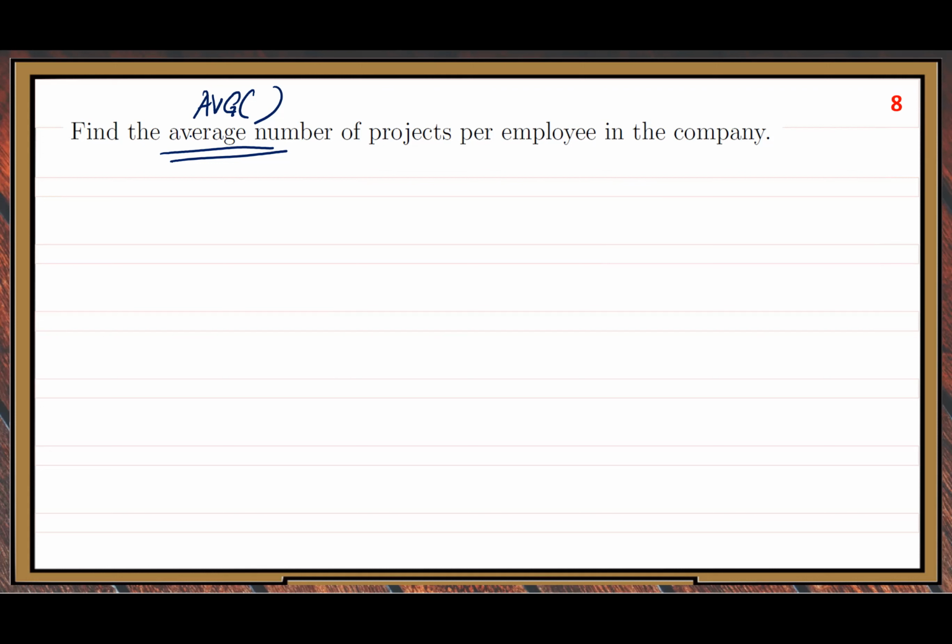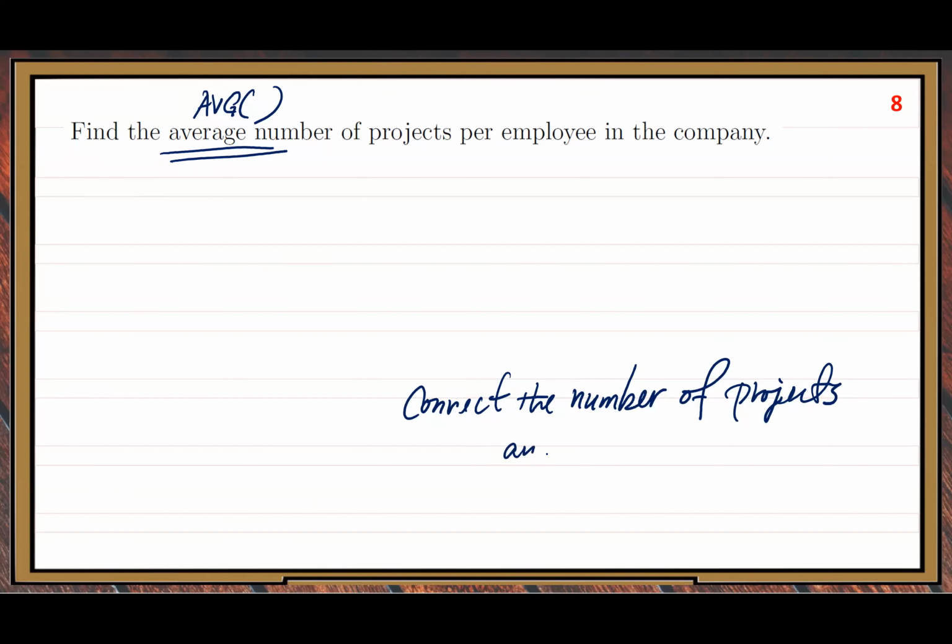How do we connect the number of projects and the employees? But when you do that connection, you need 2 tables, not 1 table. If 1 table, we can apply the AVG function directly, but with 2 tables,